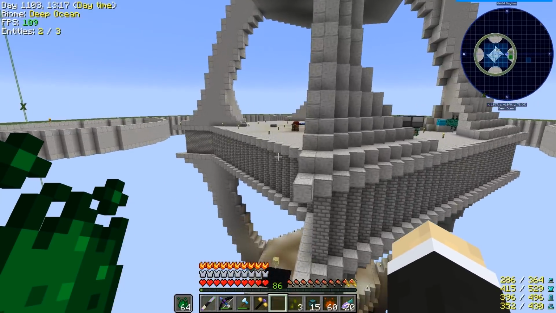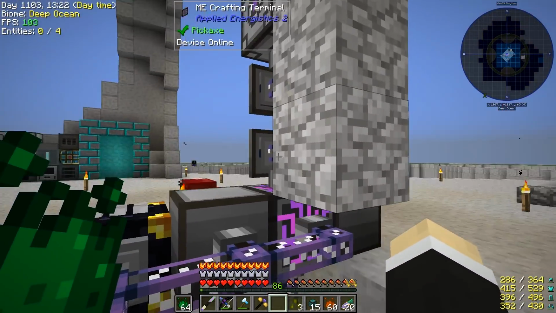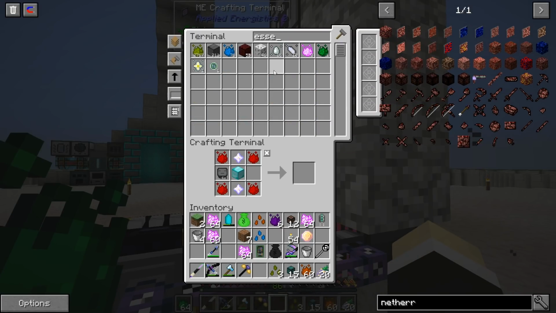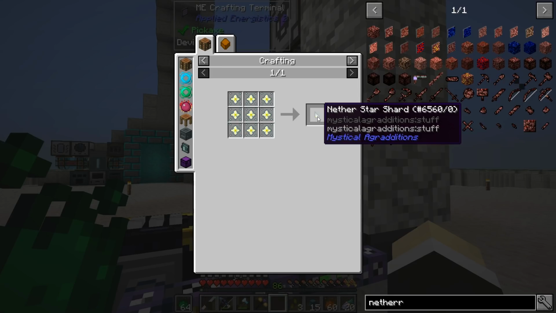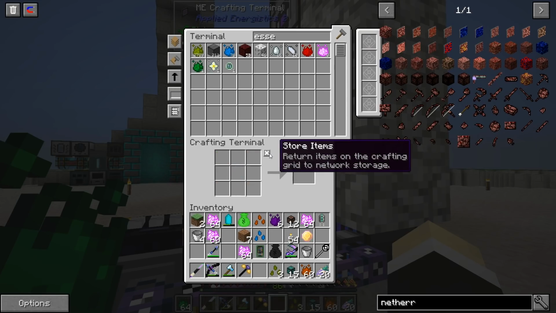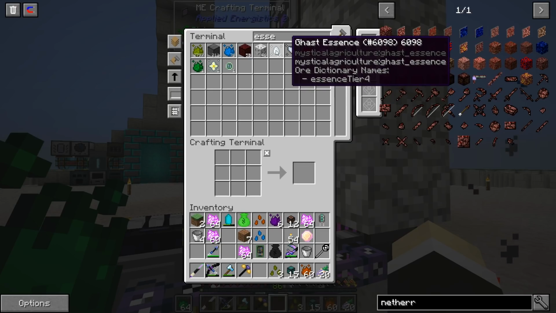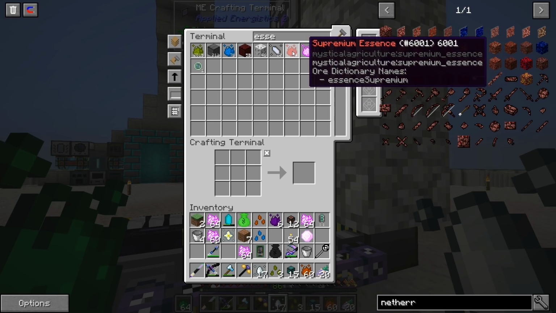So there we go. We received 1 essence. So it should be somewhere in the system. So essence, there we go, we have it. So this will be able to make the nether star shard, which 3 of them will make the nether star. So pretty cool stuff. It does mean that I need to place some